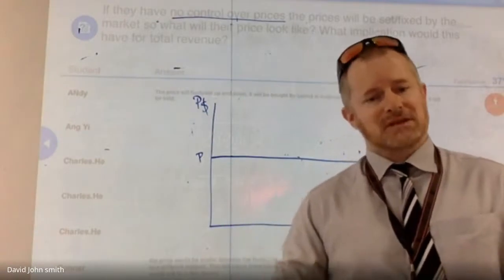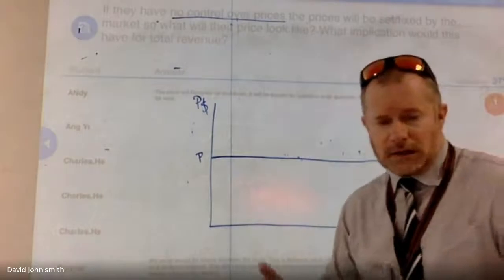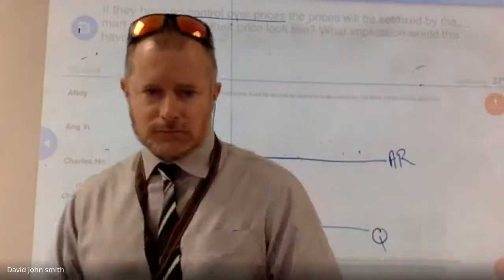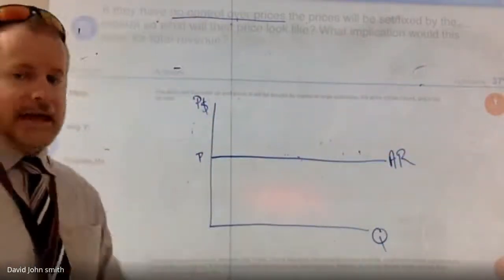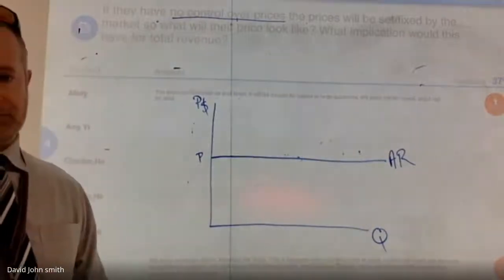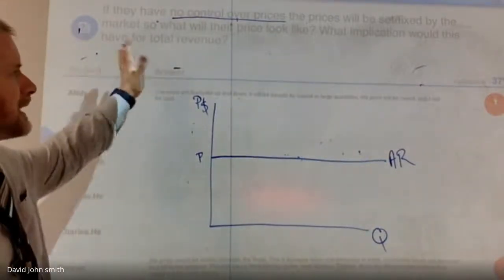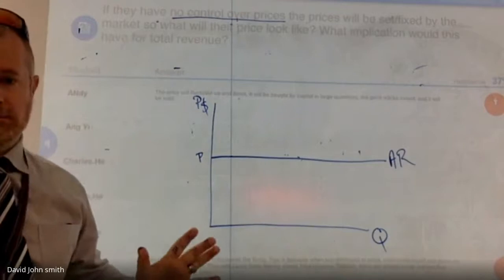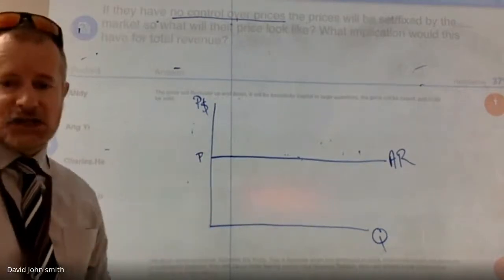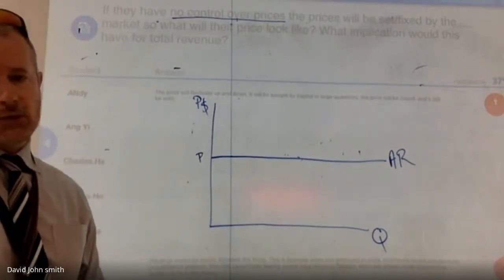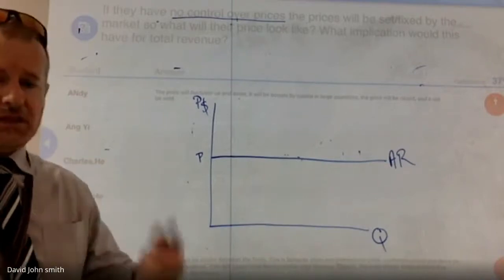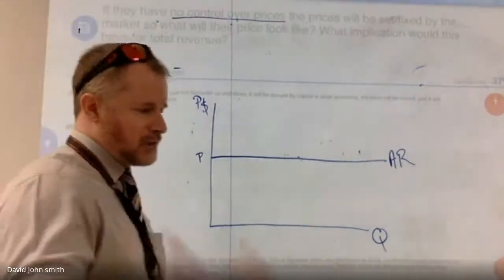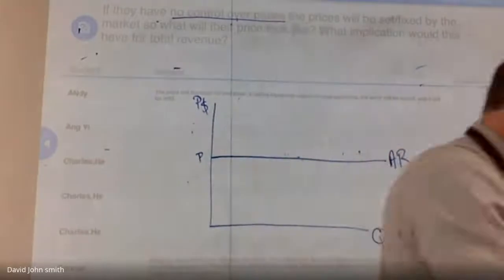So for these businesses, that's what their average revenue looks like. Yeah, perfectly elastic at the price. They can't change it. If they were to attempt to change their price, they would immediately lose all their customers. Now, it's theory. Okay, I know that there's going to be real life examples that you can throw at me,